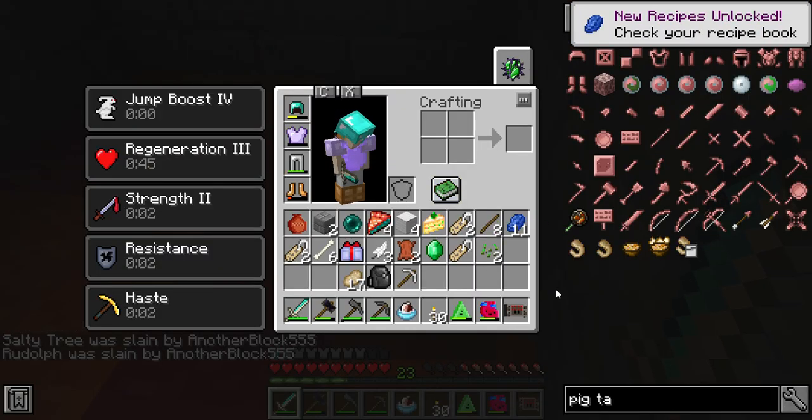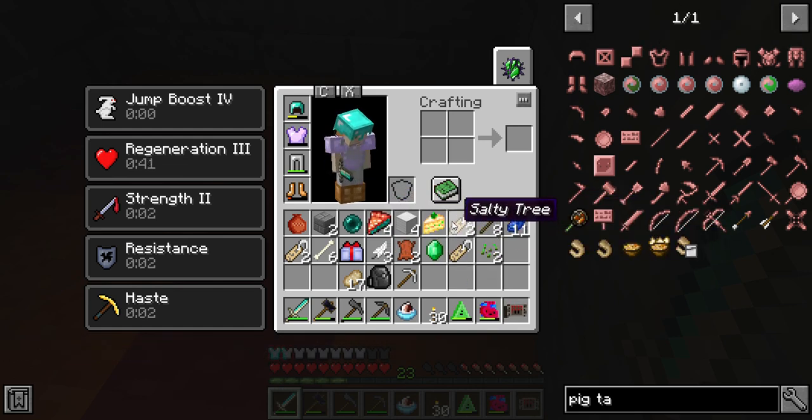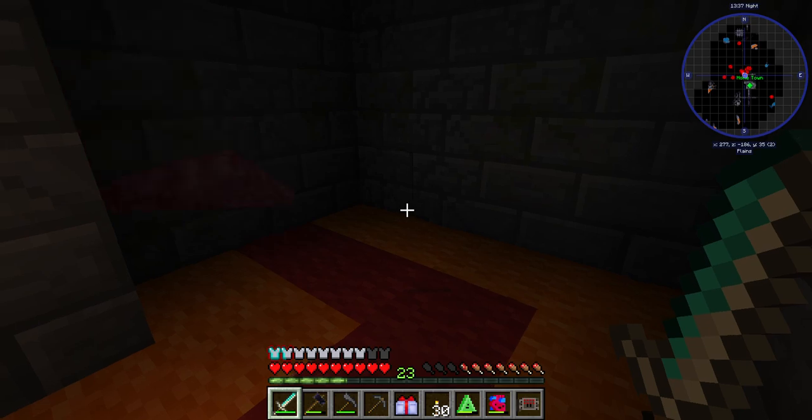So we got... this is pretty good. It gives regeneration. And it started giving me these stupid name tags again, which I don't know why. But whatever, I'll use them for the matter overdrive, or just throw them away. 4 blocks of iron, which isn't really that big of a deal anymore. Because, well...